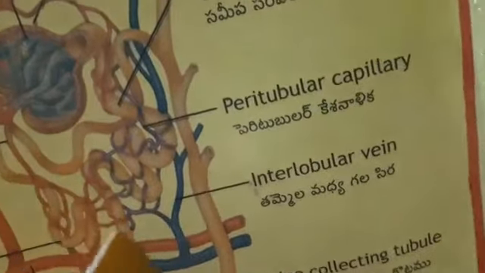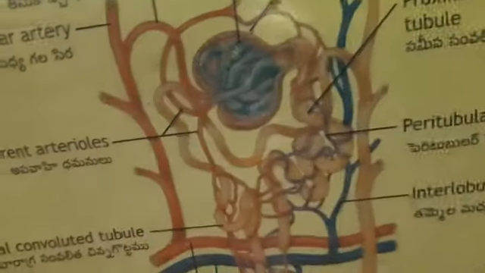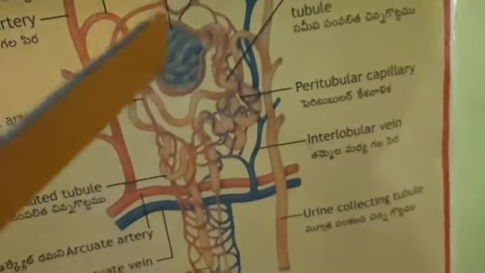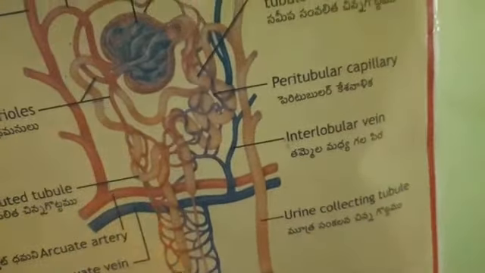The collecting duct will collect the urine from this nephron and take it outside. So what are the parts? That is the Bowman's capsule. Inside, the glomerulus, one is the afferent arteriole, one is the efferent arteriole. Then we can see the PCT, Henle's loop, DCT and collecting duct. Okay children, I shall be drawing the same thing again on the board. So just a minute.